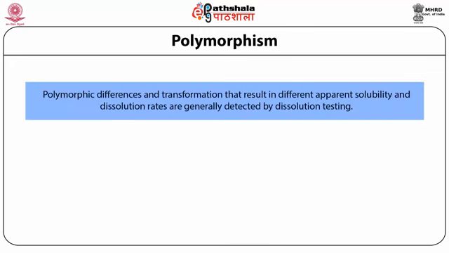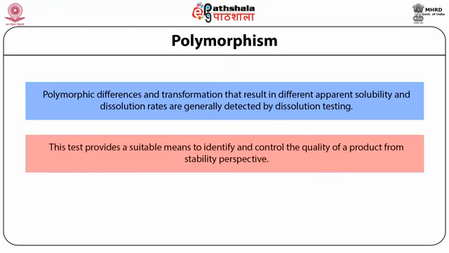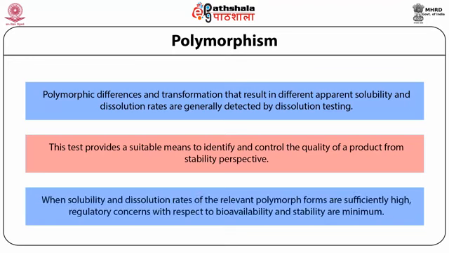Polymorphic differences and transformations that result in different apparent solubility and dissolution rates are generally detected by dissolution testing. This test provides a suitable means to identify and control the quality of a product from a stability perspective. When solubility and dissolution rates of the relevant polymorphic forms are sufficiently high, regulatory concerns with respect to bioavailability and stability are minimum. The BCS, that is the Biopharmaceutical Classification System criteria of high solubility and rapid dissolution should be